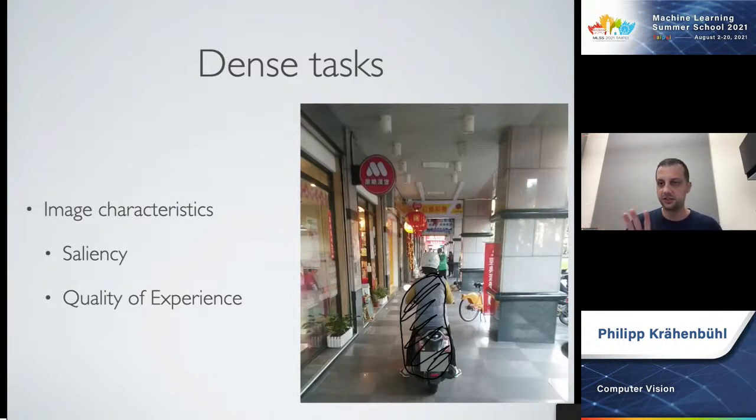This is often used in video compression to figure out which parts of a video you can compress more and which parts you can compress less. This is, for example, a way that Netflix uses to greatly reduce the amount of bits they need to transmit to you. They run quality of experience analysis on a large video and then figure out, hey, this might be a dark scene, you don't see much, I can compress this a lot. But if it's some nice, beautiful still image where you would see compression artifacts immediately, they will compress this less.